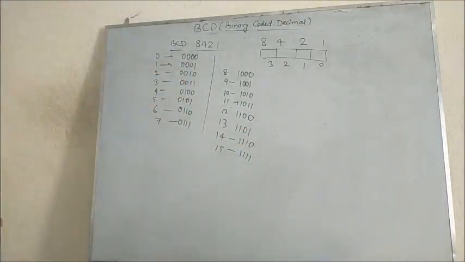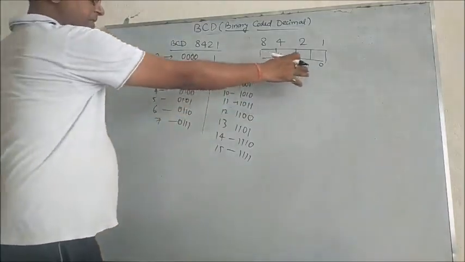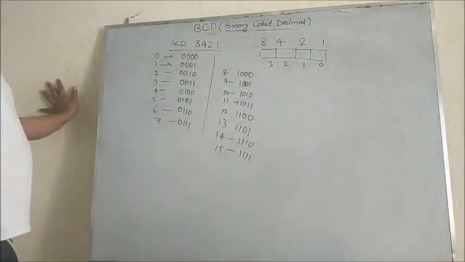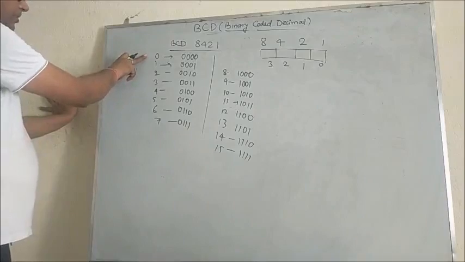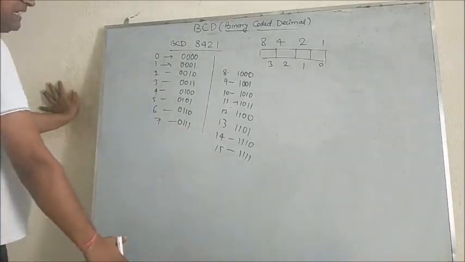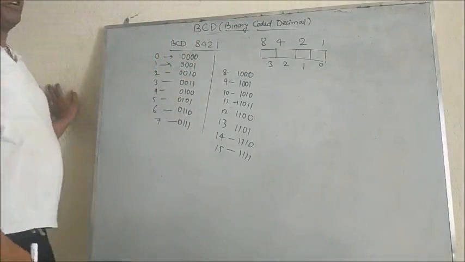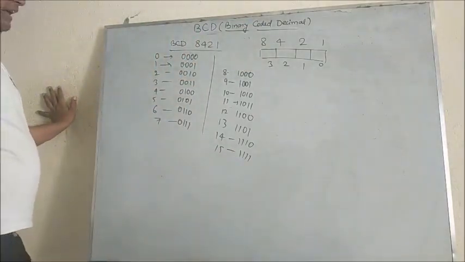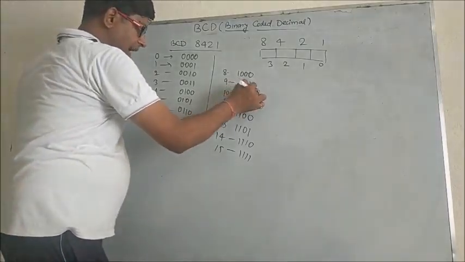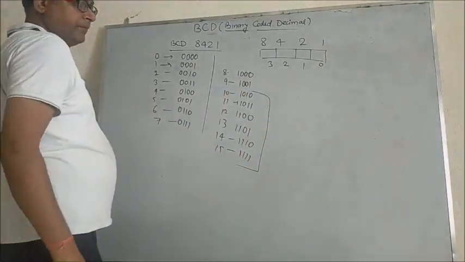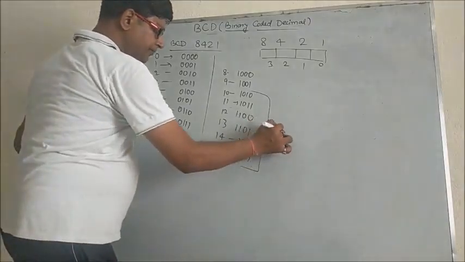Now see, what is the disadvantage of BCD? Here we are having 4 bits to represent a binary number. And obviously, if we count the decimal numbers from 0 to 15, we can easily use these 4 bits for representation. But while talking about BCD, this section after 10 to 15 is going to be wasteful, right?